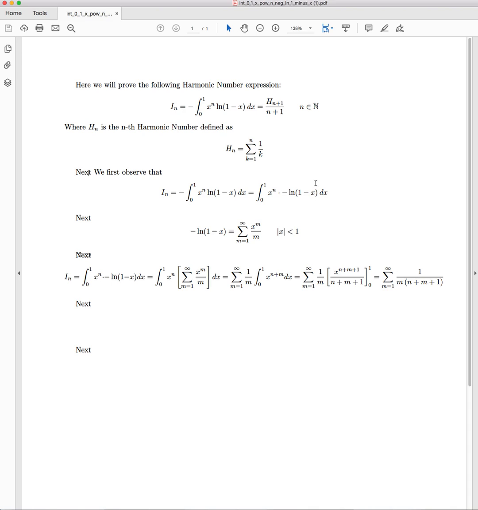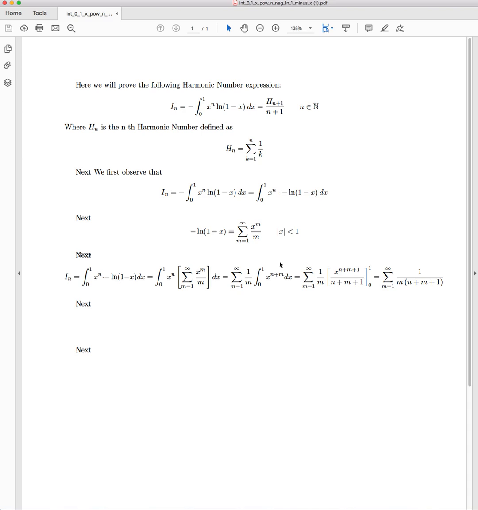Here we know that n is a natural number because of harmonic numbers, the minimum value is n is equal to 1. So we've got this is 1, and we know that the minimum value of m is equal to 1. So the minimum value it can take is x to the power of 2, so we don't have to consider that special case of x to the power of negative 1. We can just use the standard formula associated with integrating a, I was going to say polynomial, but it is a polynomial, but a